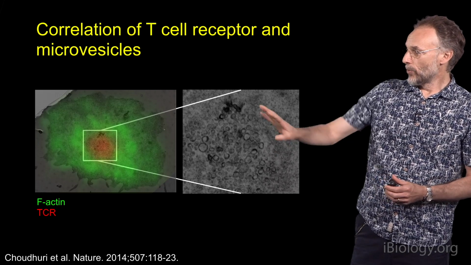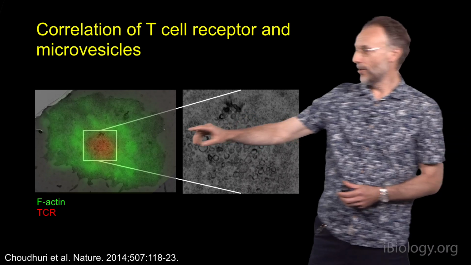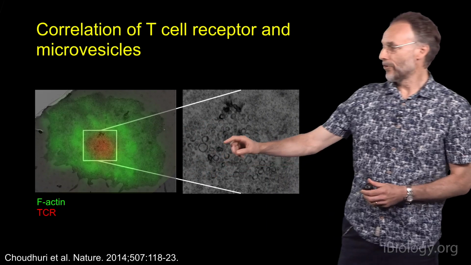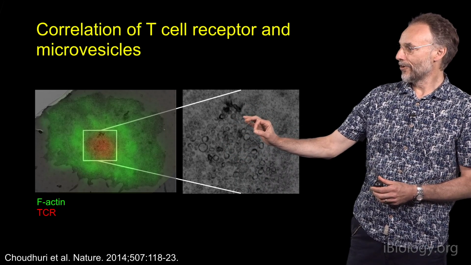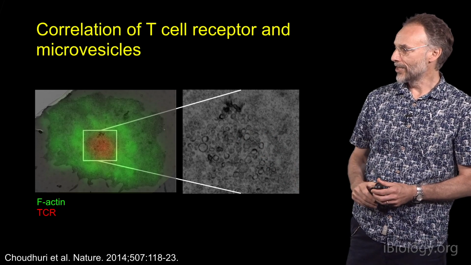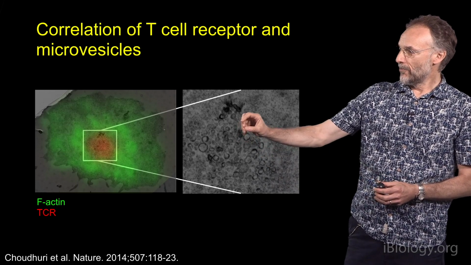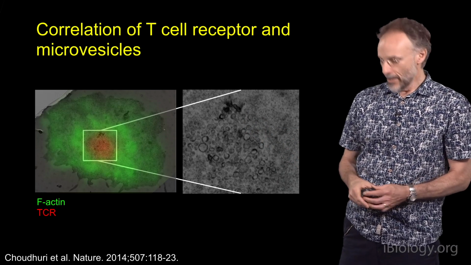And when you look at the electron micrograph from that overlay in more detail, just focusing in on this region where the T-cell receptors accumulated, what you'd see was these little rings, these little circles, in any level of the tomograms or in the thin sections. And the variability of the diameter of these circles is consistent with small vesicles. And in fact,